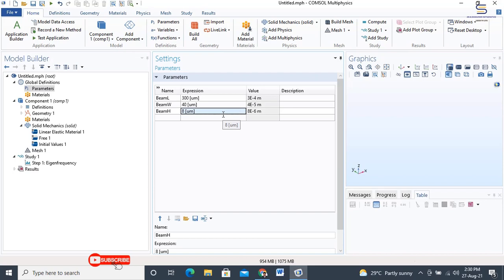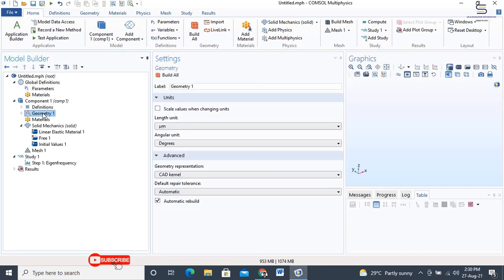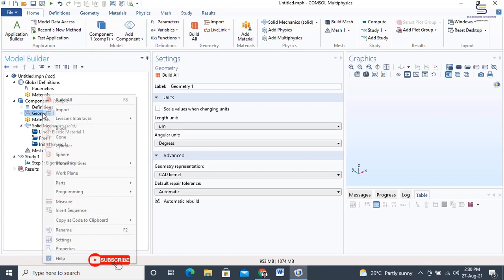Now in the global definition, we have the geometries. In the geometry, right click and select block.